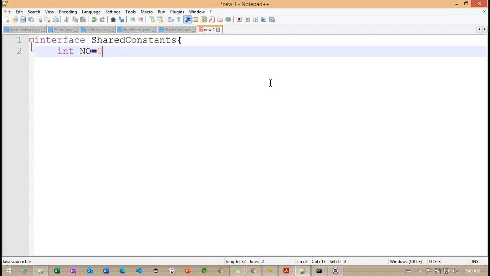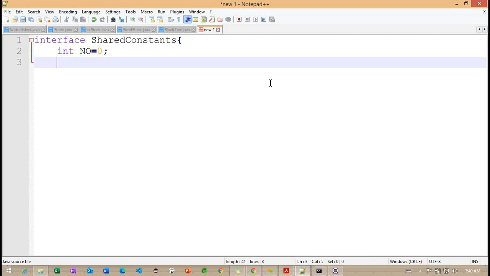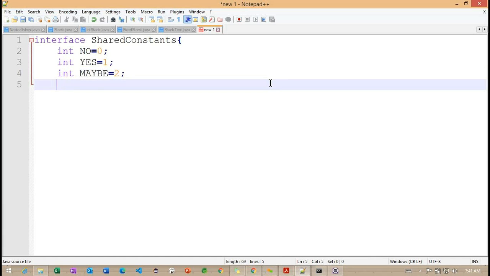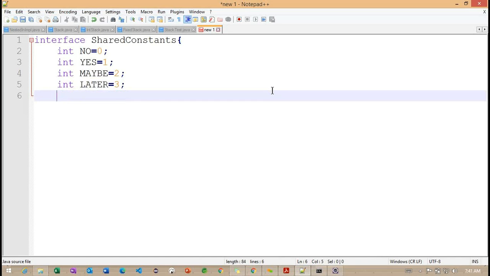The variable name I'm providing as no, 0, and int s is equal to 1, and int maybe is equal to 2, and int later is equal to 3.